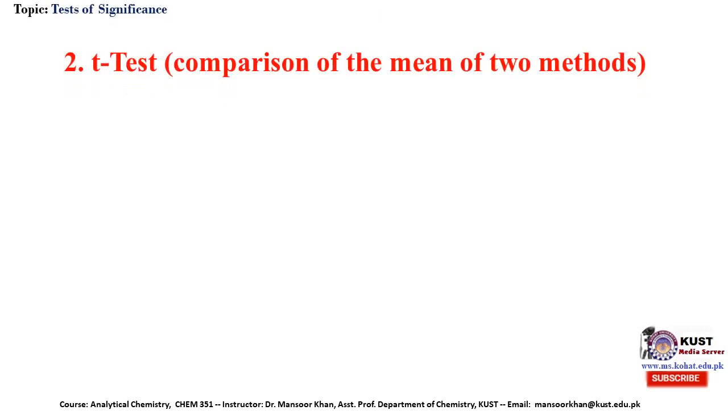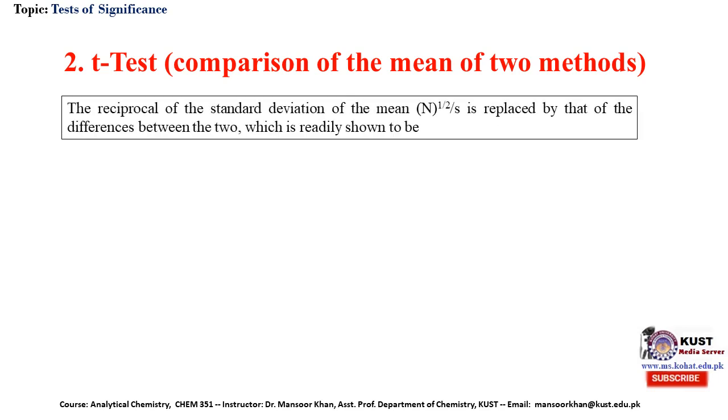The second one is t-test, comparison of the mean of the two methods. This is another type of t-test used when the true value is not present. The reciprocal of the standard deviation of the mean is replaced by that of the differences between the two, which is readily shown to be